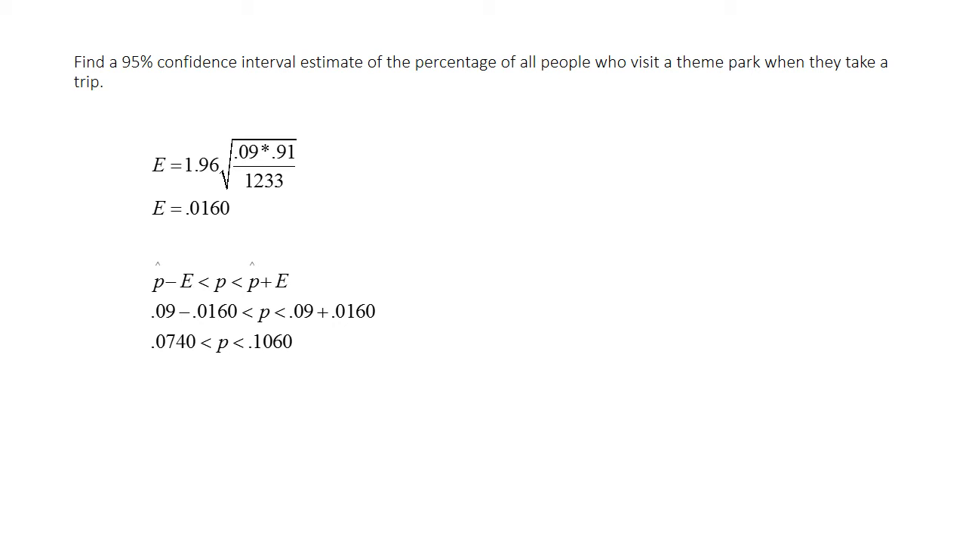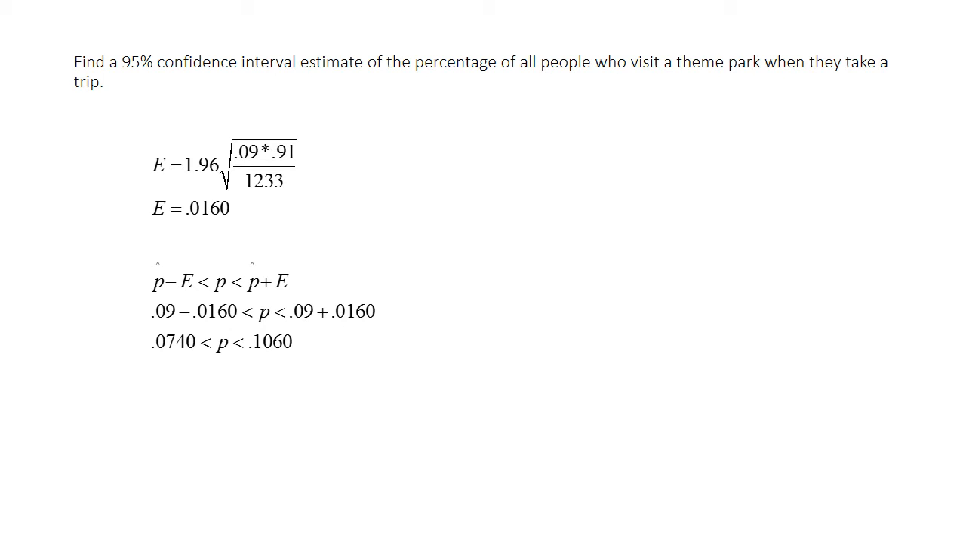We've already found p hat. In part A, p hat was 0.09. Therefore, we can find q hat. Q hat is 1 minus 0.09. Q hat equals 0.91. We now have everything that we need to find E. E equals 1.96 times the square root of 0.09 times 0.91 divided by 1,233. E equals